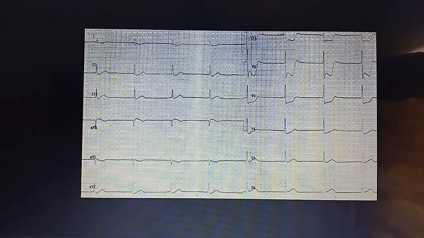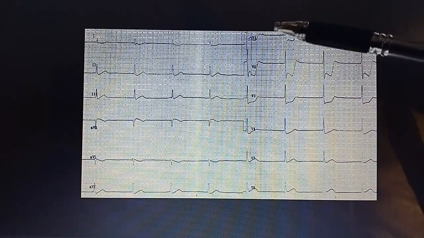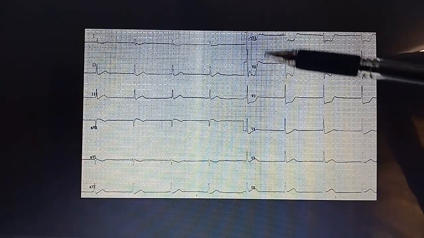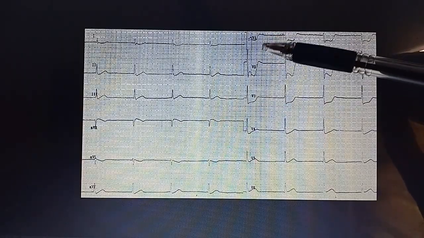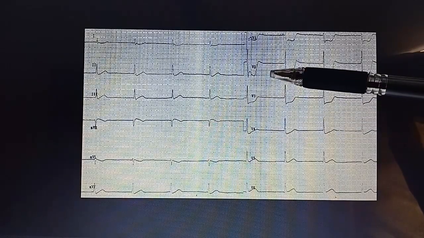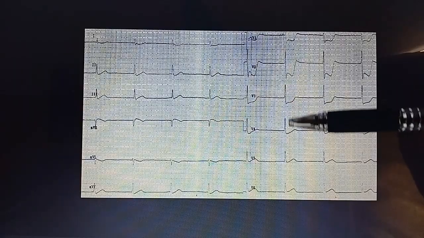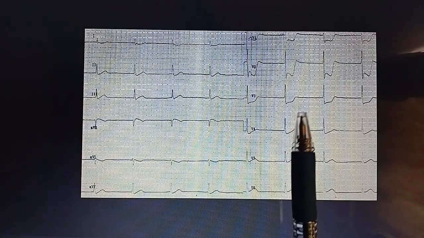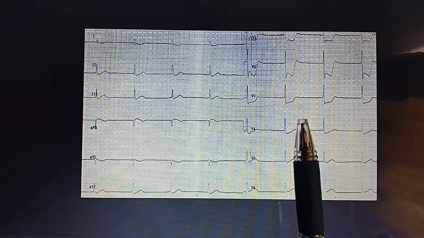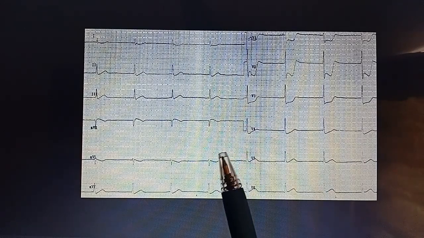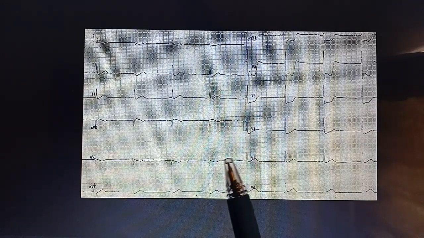Now we have the case of posterior MI, posterior myocardial infarction. As you can see, we have the anterior chest leads, and you can see the dramatic ST depression in leads V1, V2, V3, and V4. The anterior leads have a dramatic ST depression, and that is equivalent to the upside down of the ST elevation. In the case of posterior MI, we have to actually check the mirror view. Imagine flipping the ECG paper over and looking at it from behind, so you would see the ST elevation